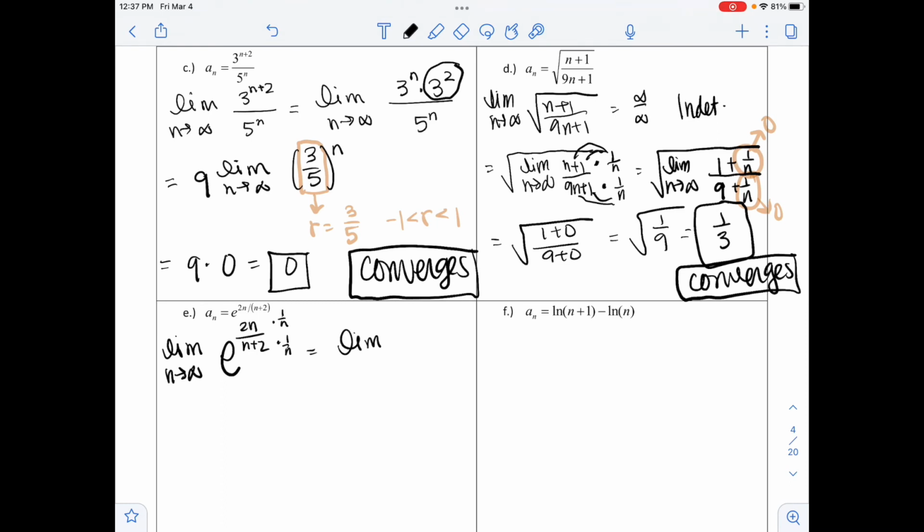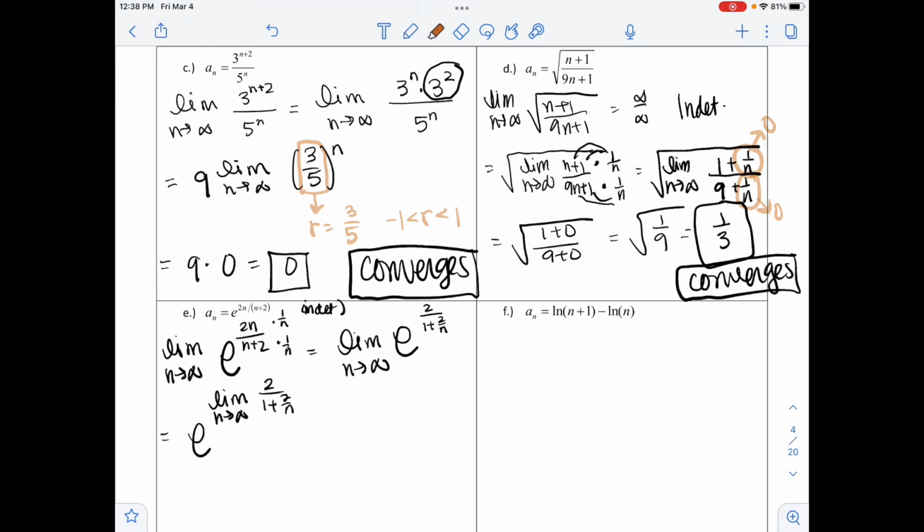So we have the limit as n approaches infinity, and I'll make a little note here: this is because this was indeterminate. And our value is going to be e to the, the numerator is 2n times 1 over n, which is just 2, over 1 plus 2 over n. And then taking the limit, you are able to take the limit. e is just a constant, so we can rewrite this as e to the limit as n approaches infinity of 2 over 1 plus 2 over n,